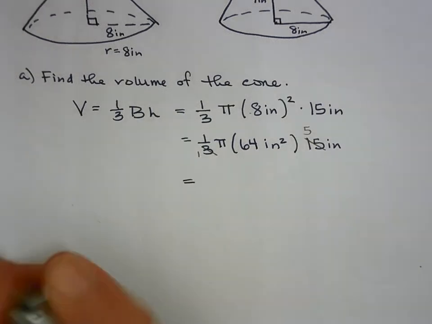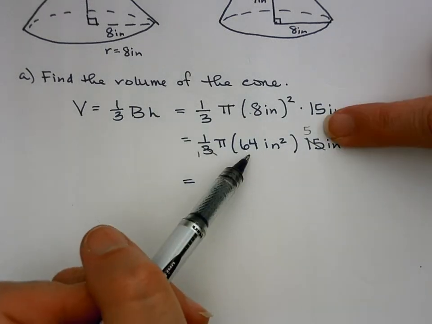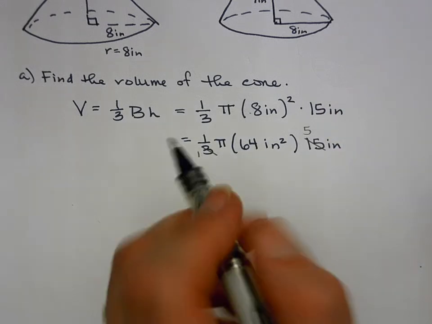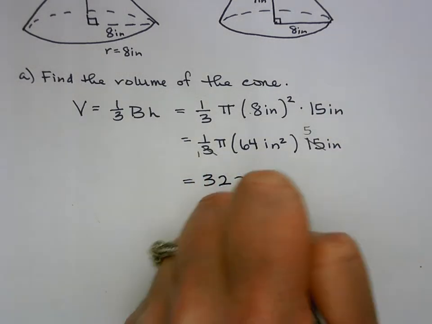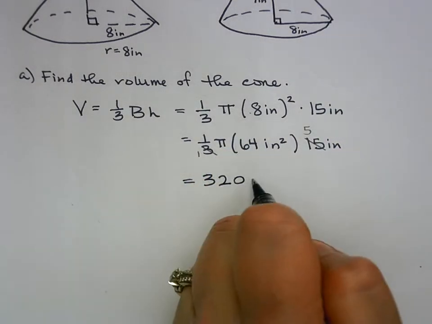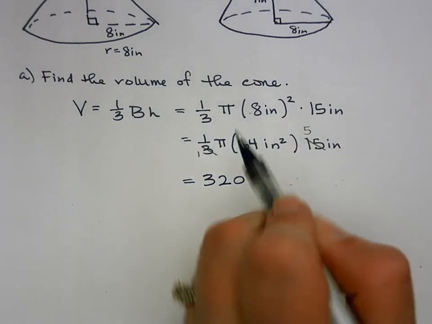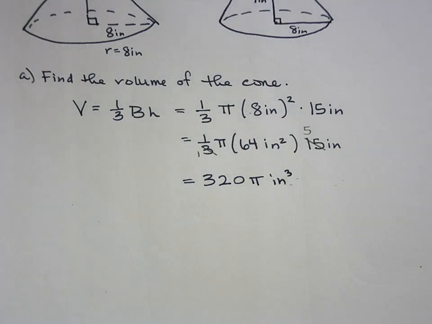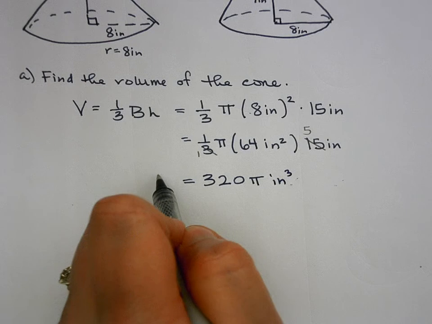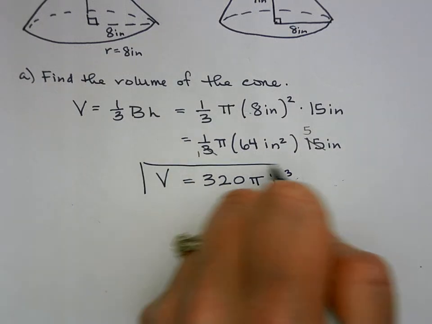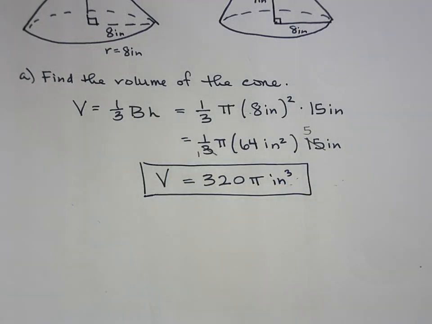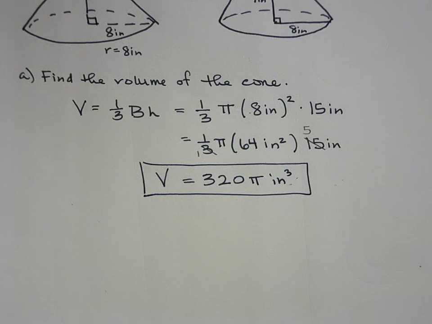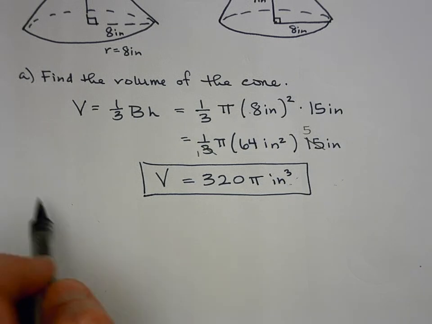So then this is just 64 times 5, and then followed by the pi, and then inches squared times inches, so inches cubed or cubic inches, okay? So the volume of the whole cone is 320 pi inches cubed, okay? So now in order to find the volume of the truncated cone, which is part B,